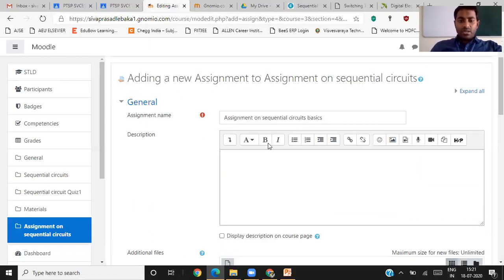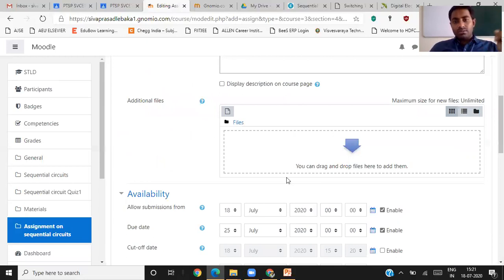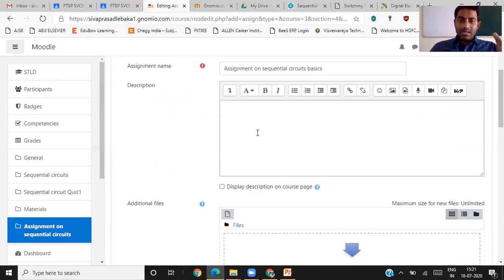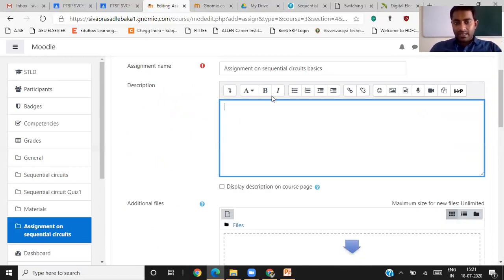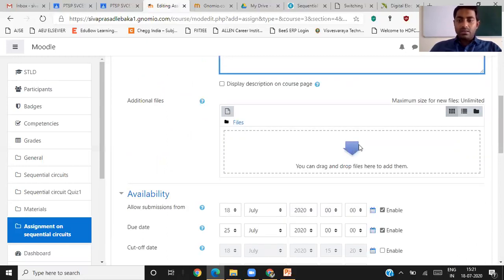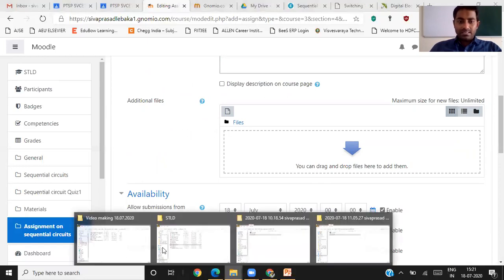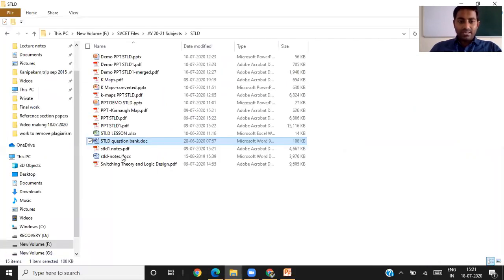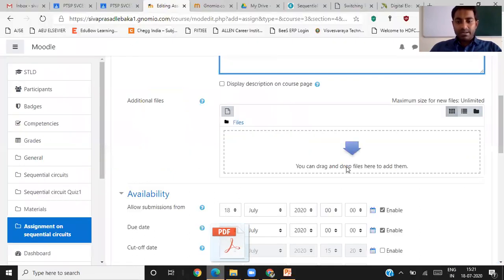And description, if you want, you can give. Now this particular assignment's questions can be typed here in the description. Otherwise, you can give them in file format also, in a PDF file or Word file. Just now we have added, no? In the same manner, you can add here. Suppose some other file we will select. Suppose Kmaps PDF is there. I have supplied it here.